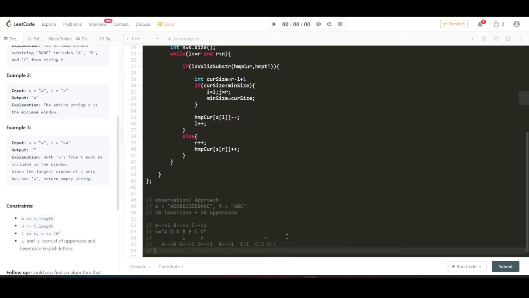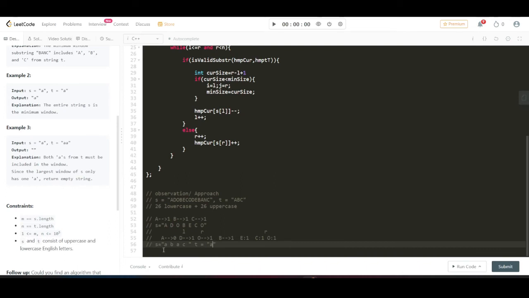So when we have only one element, let's say my S will have something like A, B, C, and again let's say we have A as well, and T will have maybe a single element, maybe A. Okay, so I want to check, right? Initially my left will be here and my right will also be here. So I'll check if